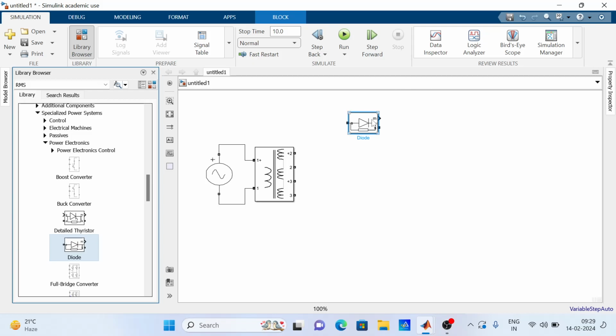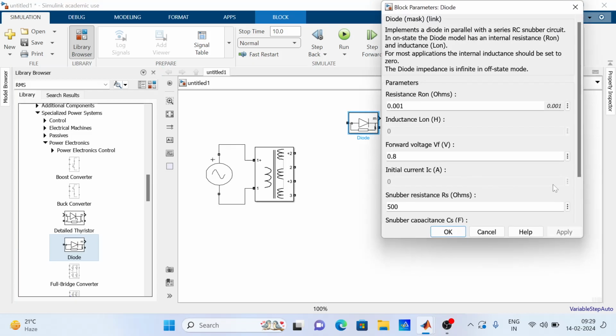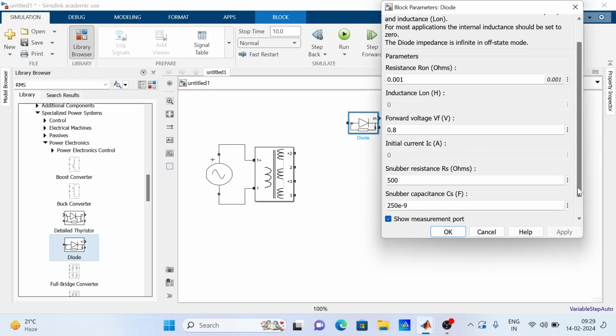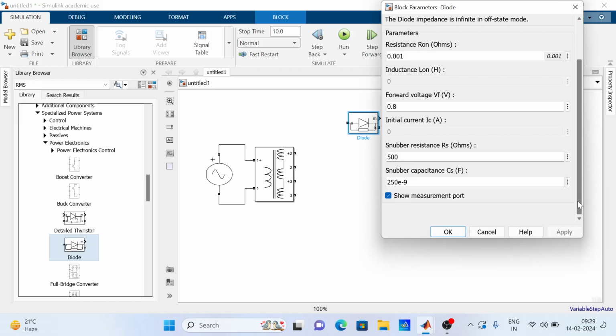So what I have to do is just double click here. Keep this R value and C value as zeros, because this is the snubber resistance and this is the snubber capacitance, which are connected here only for the purpose of protecting your diode against over voltages and over currents.